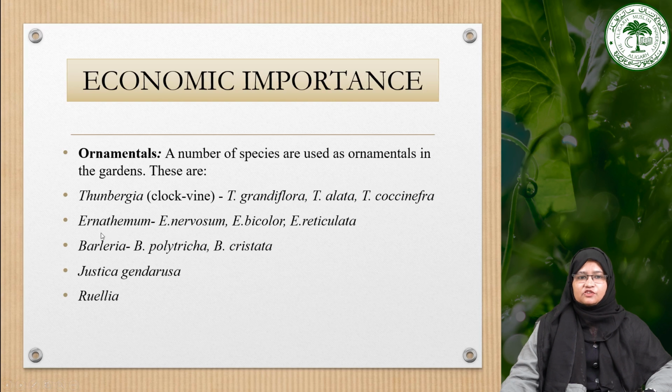Then many species of the genus Eranthemum are also grown as ornamental plants, like Eranthemum nervosum, E. bicolor, E. reticulatum. Then the genus Barleria is also grown as an ornamental plant, with species like Barleria polytricha, Barleria cristata. The species Justicia glandulosa and Ruellia are all ornamental plants grown in gardens to beautify the